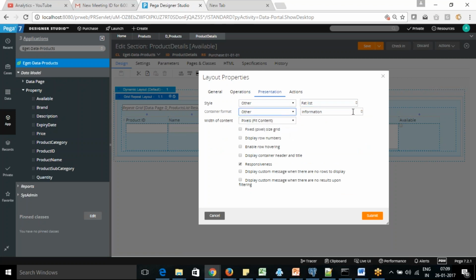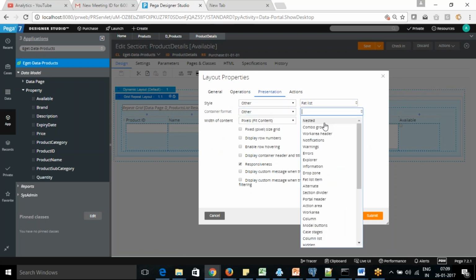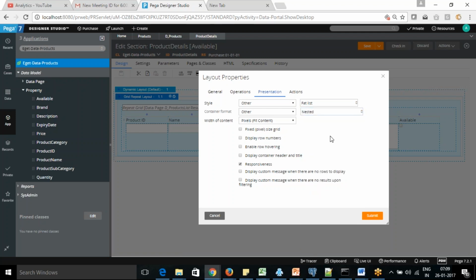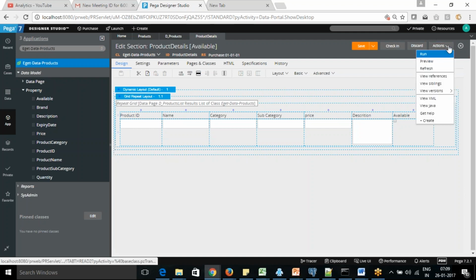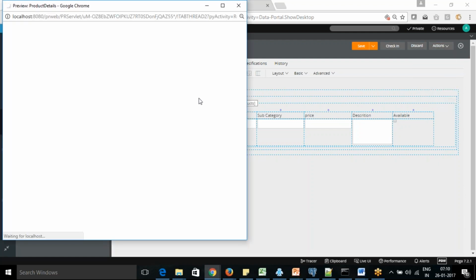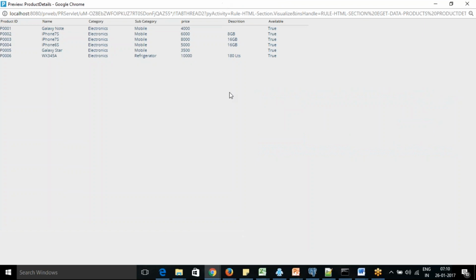And in the container format, if we want to change it to some nested other area, okay. So if we have changed it now, you see the color background is changed. This depends on your look and feel, you can change the same. Now it's looking in a compressed format, whereas earlier it had the spaces and everything. So depending on your requirement, we can change the look and feel of it.